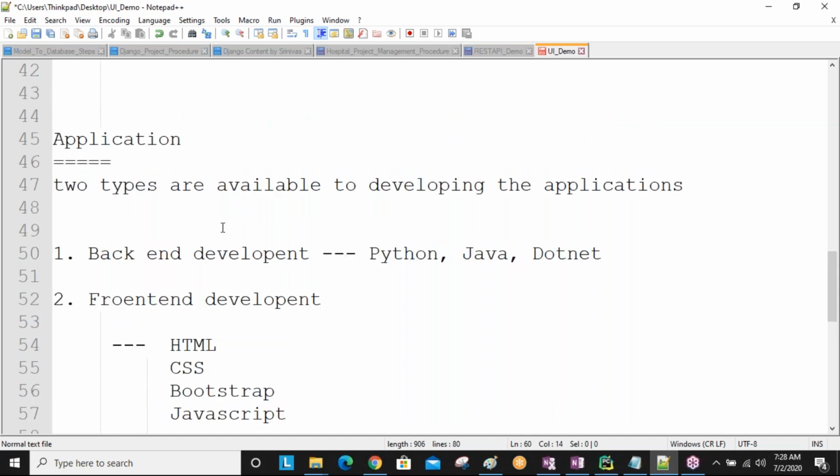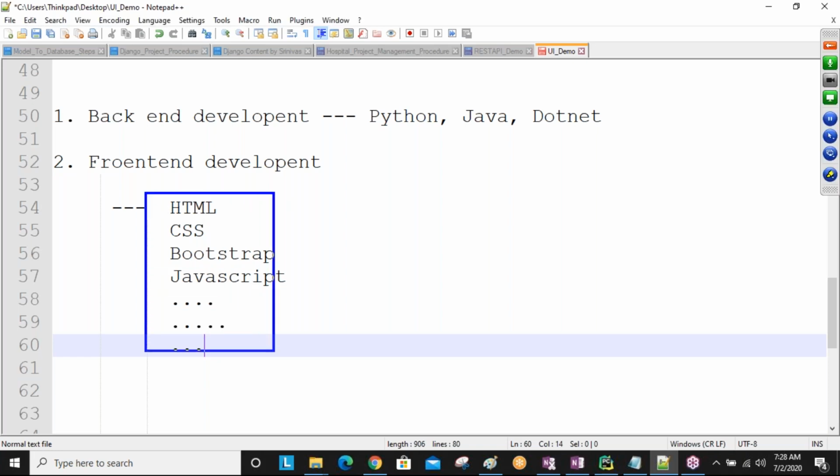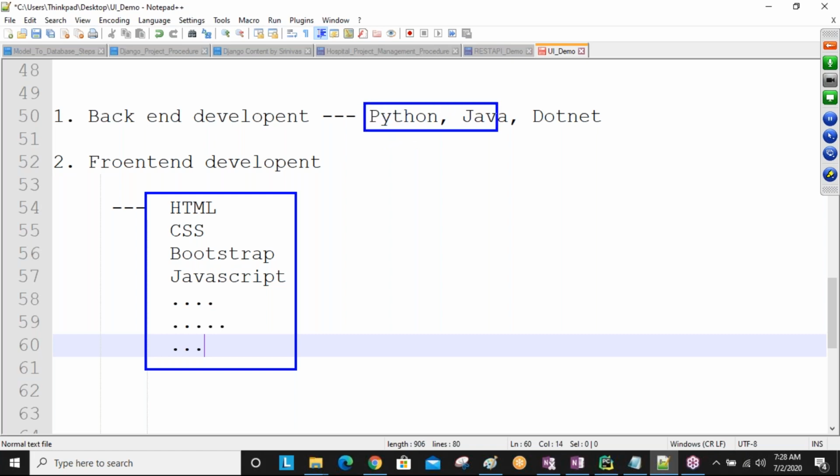If you are developing one full-fledged application, both front end and back end, you need to learn all these UI technologies. At least one back-end technology is required, maybe Python, or Java, or .NET.